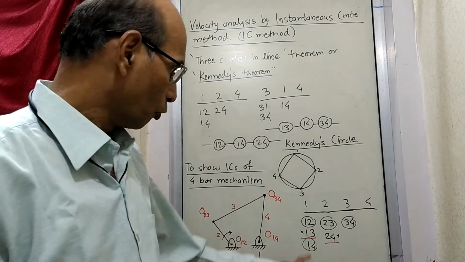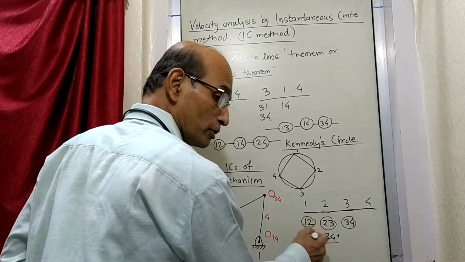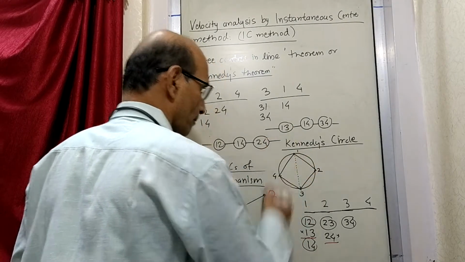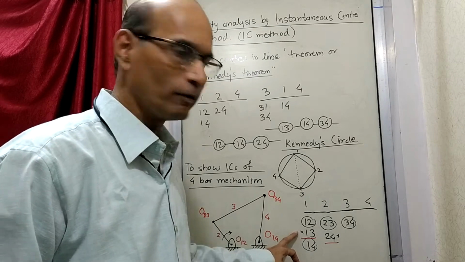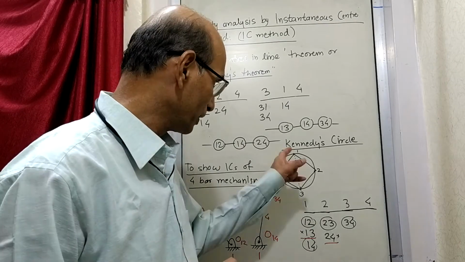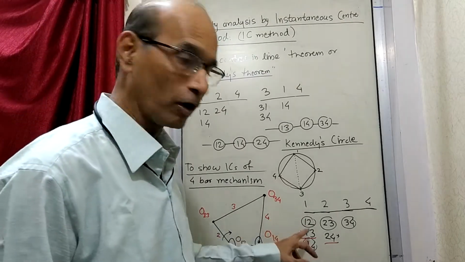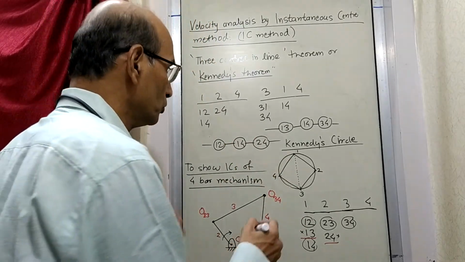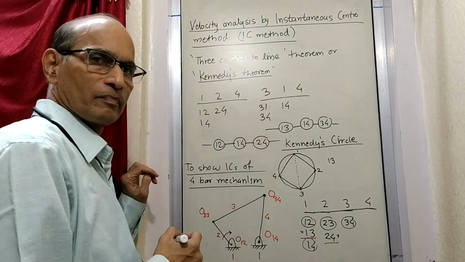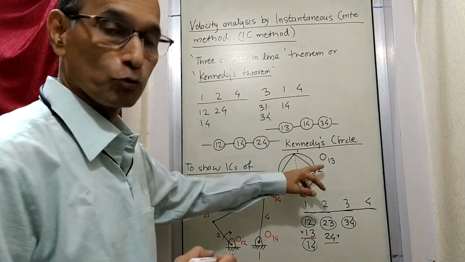Now the next thing is, what you don't know. You don't know 1, 3. So for 1, 3 which we don't know, we join 1 and 3 by a dotted line. Now what next? We want to find out O1,3. We don't know where O1,3 is, and we want to find it out. So I'll write here the full O1,3, which we want to find out.